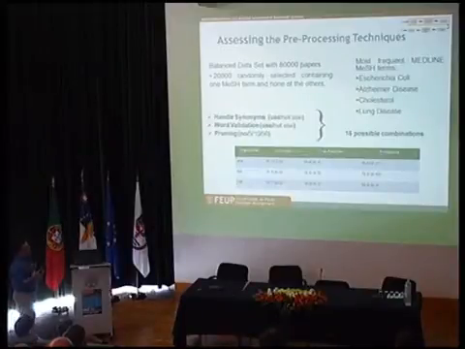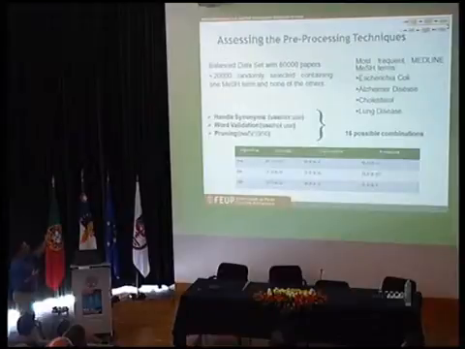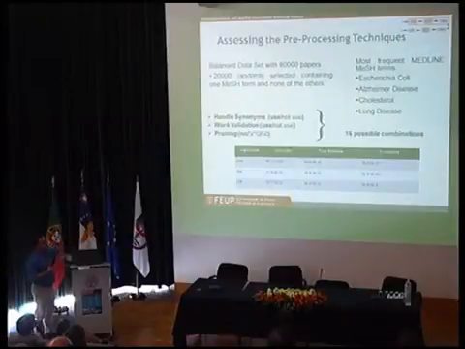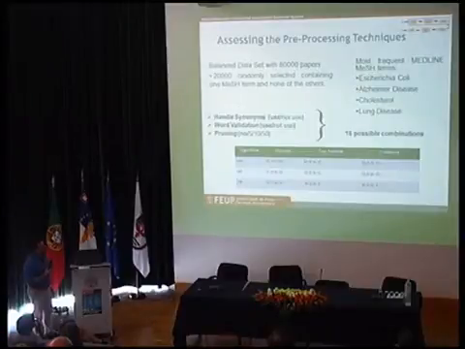In this data set, we test handling synonyms versus not, word validation versus not, and these levels of pruning. So there are 16 possibilities. We run three machine learning algorithms from WEKA: SMO, IBk, and J48. The best combination is reported in terms of accuracy, true positive rate, and F-measure.